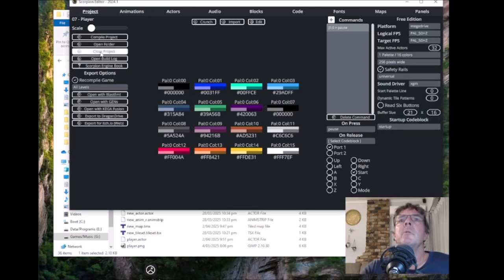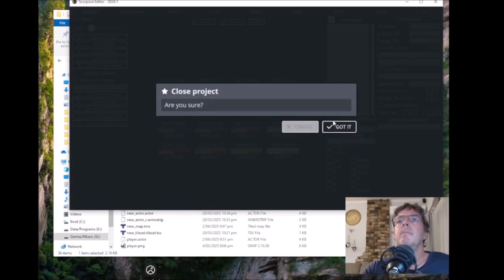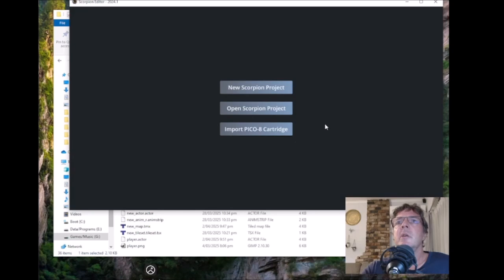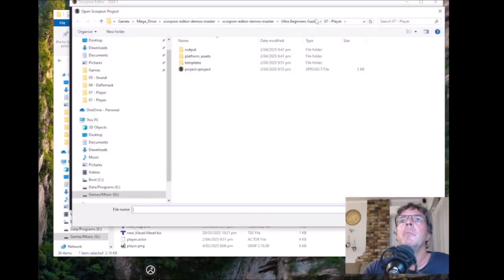We'll close the project. And you notice there's no save button on this, it just saves it automatically, which, well, that has pros and cons. We'll open it back up,